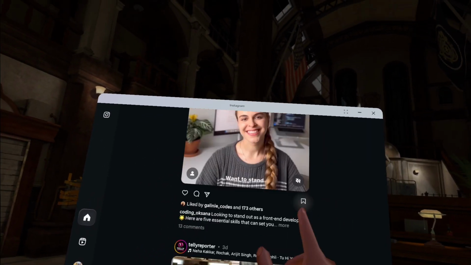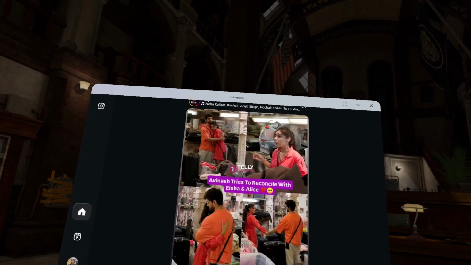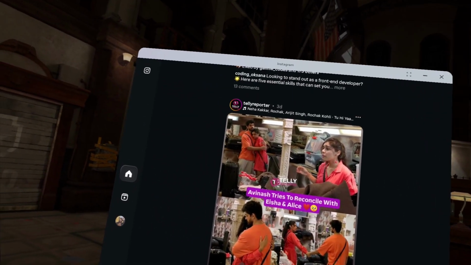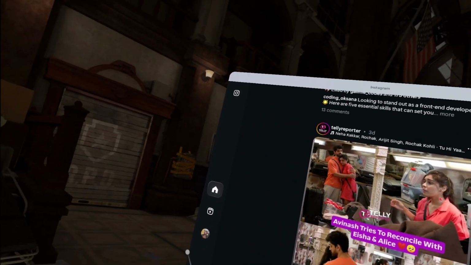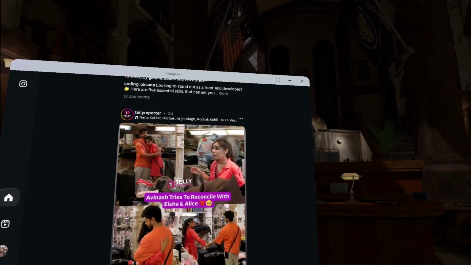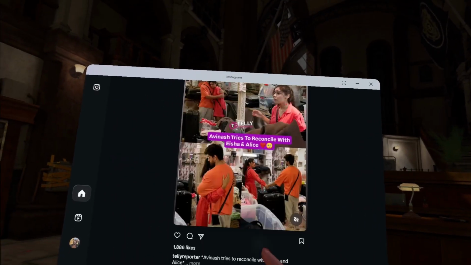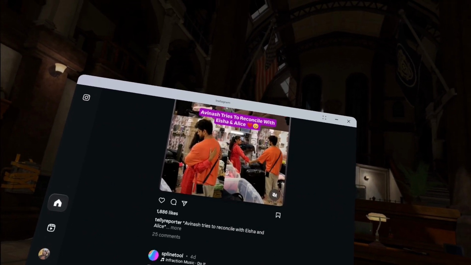So yeah, it's just a nice little quality of life kind of feature that you can go ahead and play around with while you're in the headset. Why not go ahead and browse and take a look at some scrolling in this, right? Of course, you have access to all your other Instagram features like sharing things